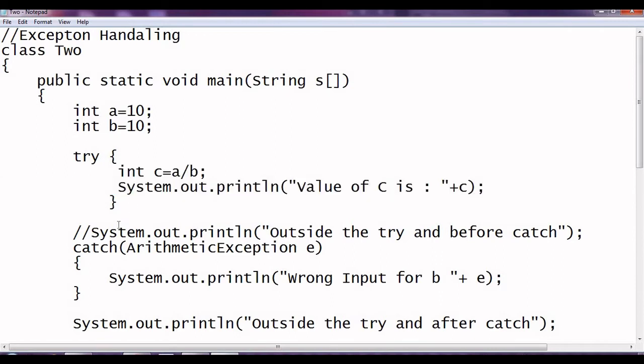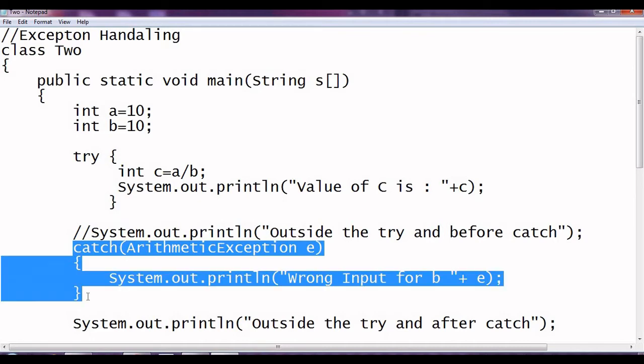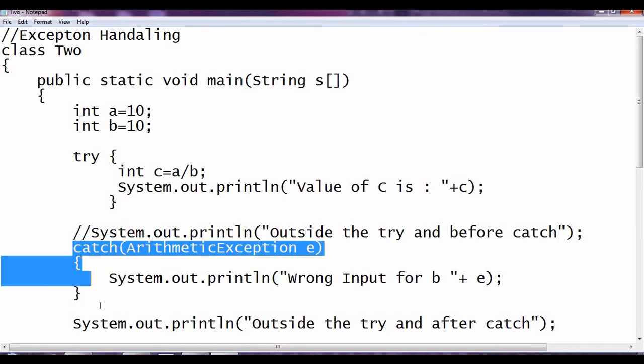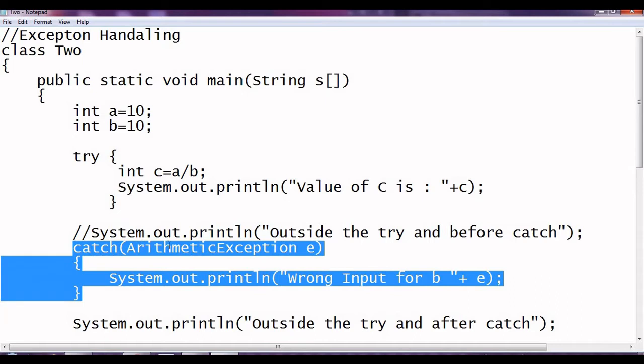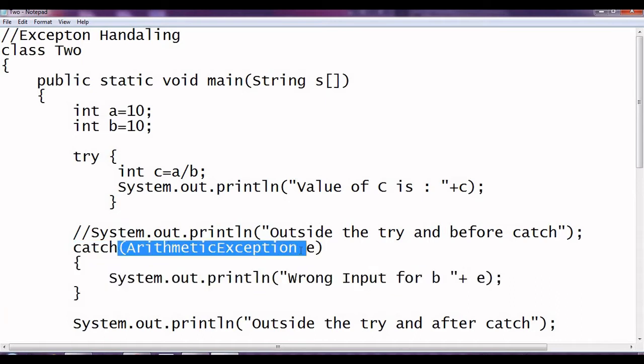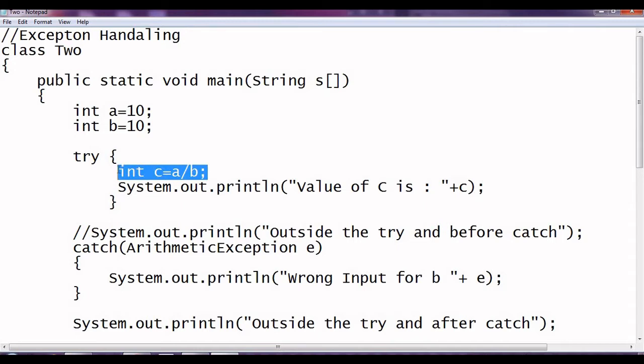So here we have put that one, and try and catch is a paired one. After the try, we should have a catch. So here we have a catch, and then we have an arithmetic exception. The arithmetic exception will occur whenever the b value is 0. Fine, because 10 divided by 0 is not possible.